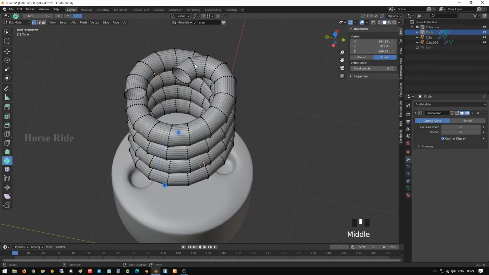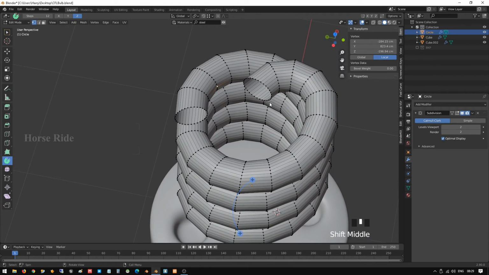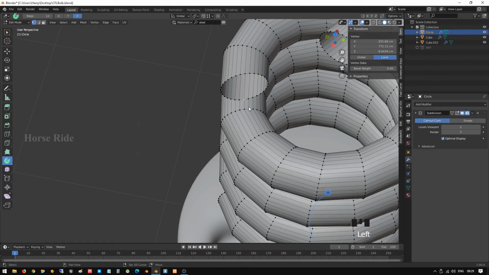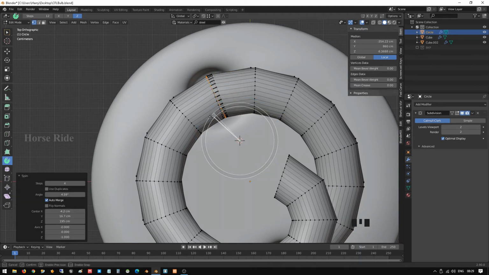So same way I'm going to do it here. Select this one, select this one, press Shift S and cursor to selected and go to top view, and Shift right click to move the cursor here. Select all these vertices and move it to 140.